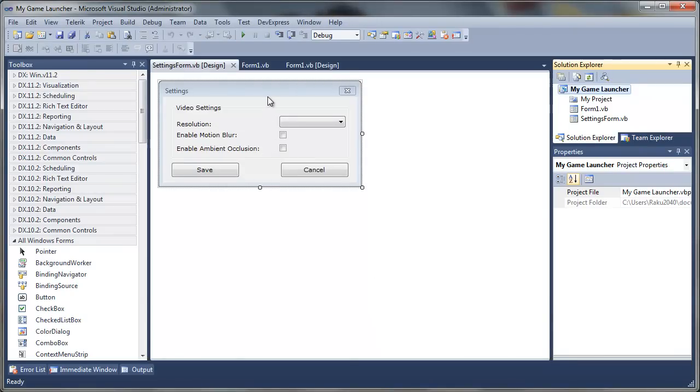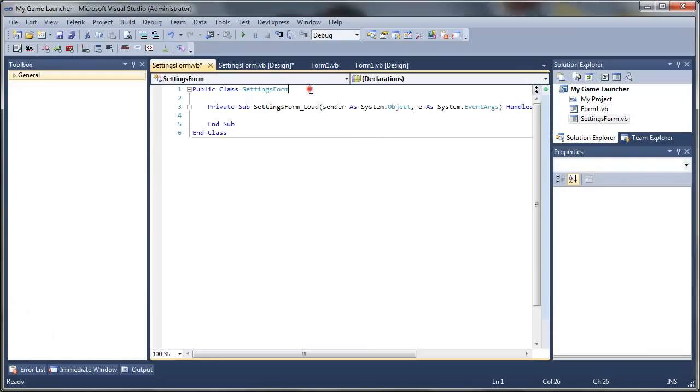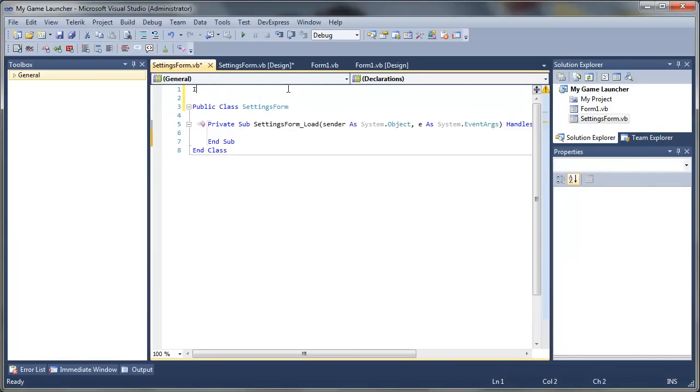So now what we have to do is double click on our settings dialog, and above this public class SettingsForm we need to type Imports launcher.gamelauncher. Okay, now we can start to add our functions,